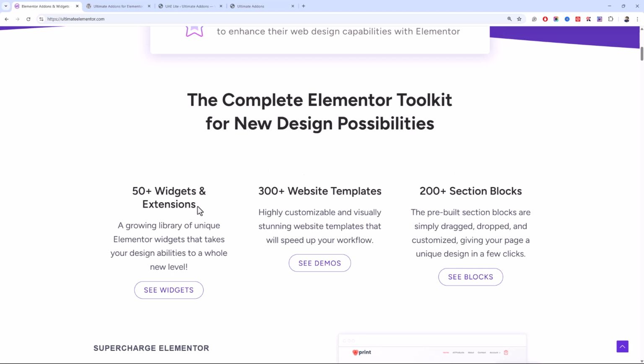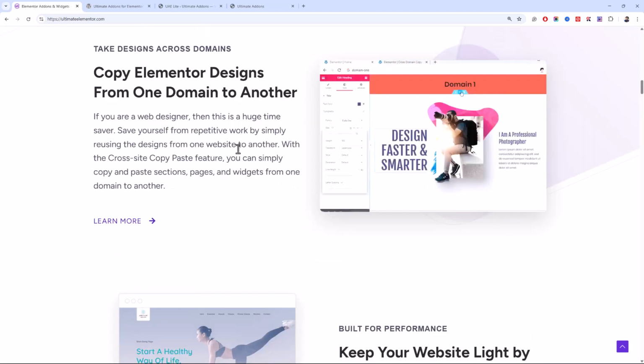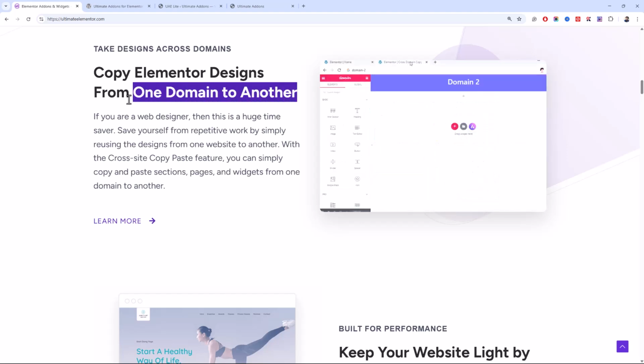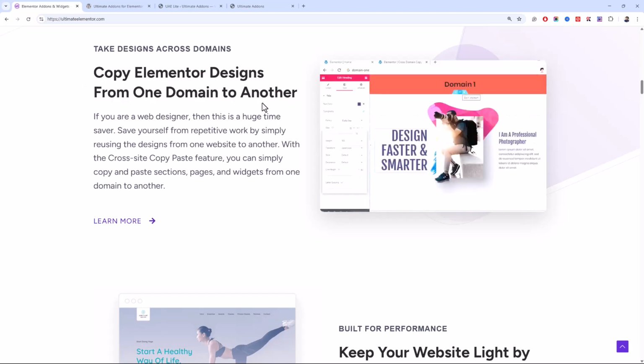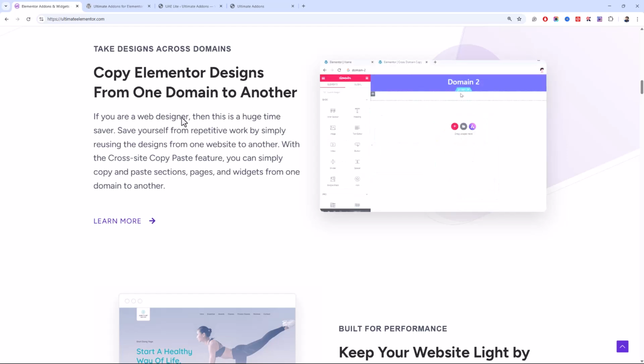First of all, it provides you with 50 plus widgets and extensions, 300 plus website templates, and 200 plus section blocks. And it also has a nice feature, which is copy Elementor designs from one domain to another. It means you can copy your designed sections across multiple websites.